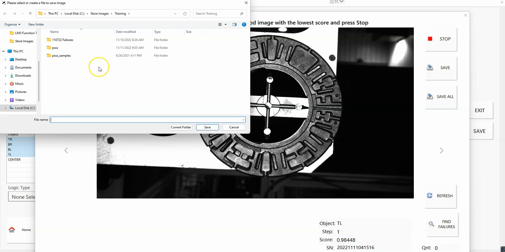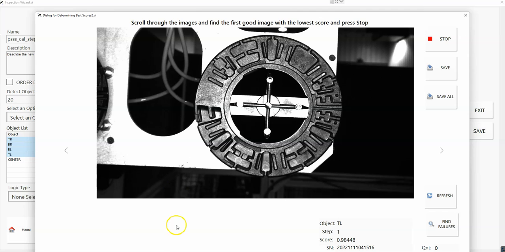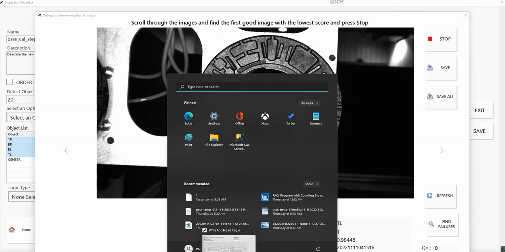So if I hit save, I can go ahead and just create a folder. I'm working in the training directory, so create a new folder. Call this the period in which I did my search, so 11/11 to 11/12/22. Actually, I want to also name this by the step and the object, which is the top left. So if I put that in this, choose that as the current folder, go to my file system,